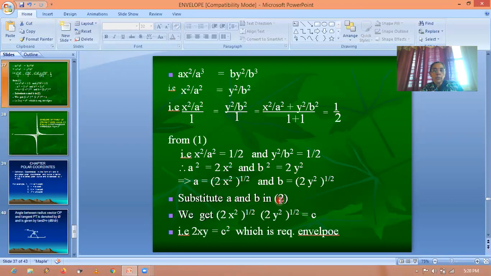So substitute the values of a and b in equation 2. You can get (2x²) raised to 1/2 times (2y²) raised to 1/2 is equal to c. That is nothing but 2xy equal to c². So this is actually the rectangular hyperbola, and this is the required envelope of the family of curves. So this is the algebraic method, and geometrically